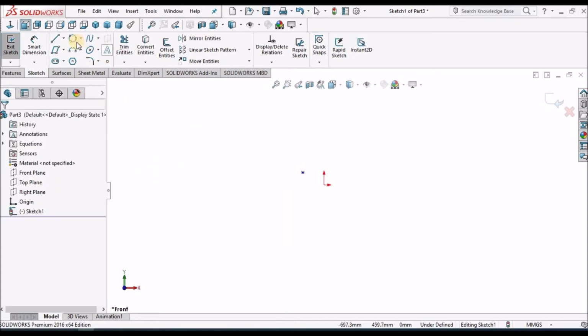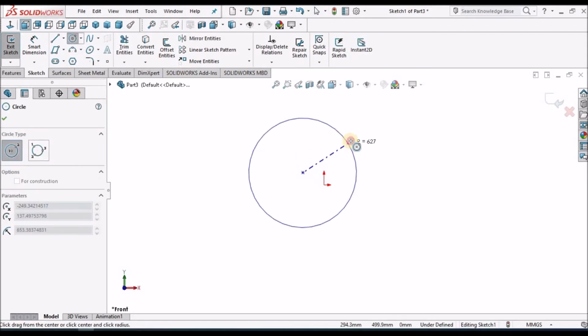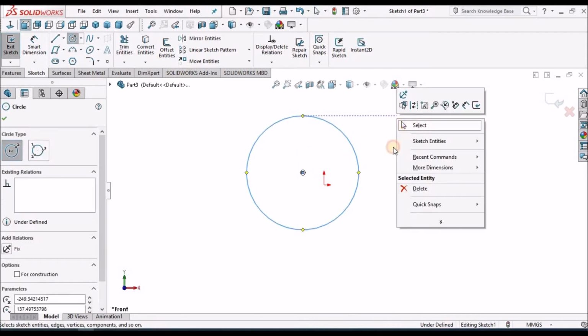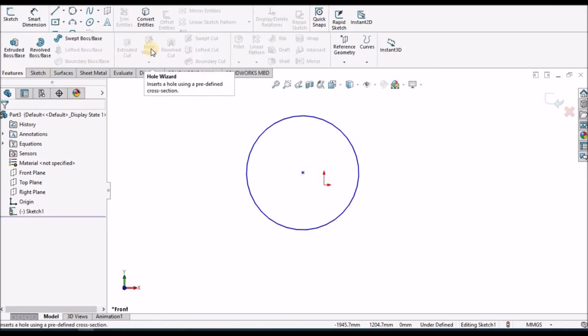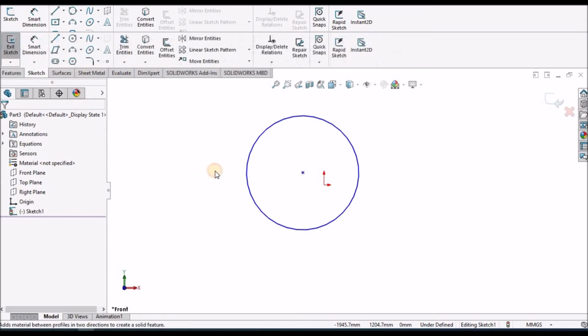Sorry, I need to take center point circle. So this is how. Mostly we use this point for hole wizard, for placing any hole in the features.